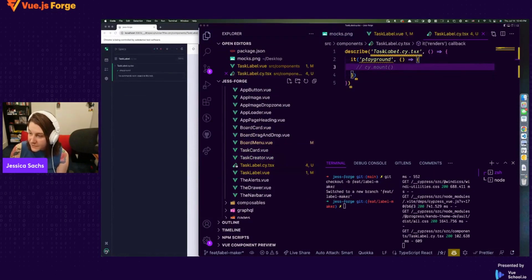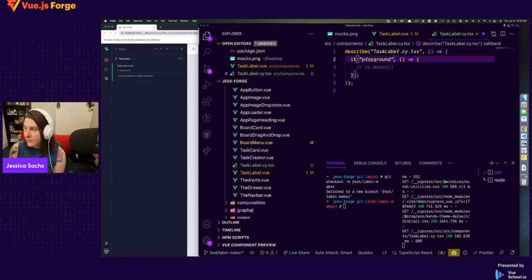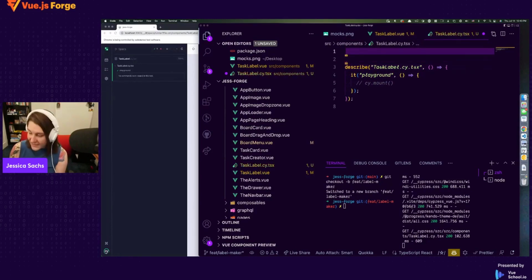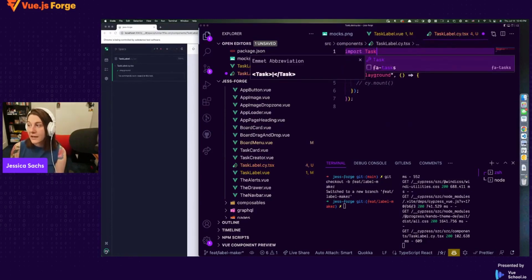And so here's our test. You can see the little Cypress logo with the test symbol. It didn't format it for the linter. That's okay. I'll run ESLint. I hit a hotkey for that. And I'm going to import task label. The first thing whenever you're trying to